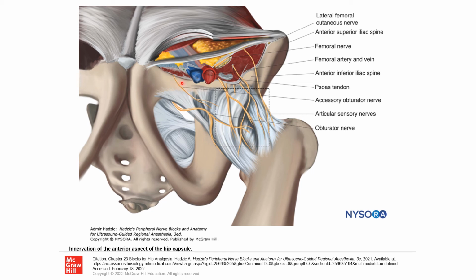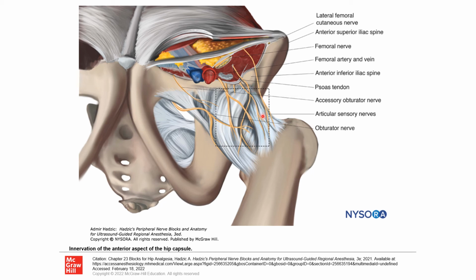The articular branches of the femoral nerve actually travel over the surface of the iliopsoas notch right here. And the iliopsoas notch is located between the anterior inferior iliac spine and the iliopubic eminence, located just deep to the femoral artery and vein. These fibers reach the plane between the iliopsoas muscle and the iliofemoral ligament and innervate the anterolateral aspect of the